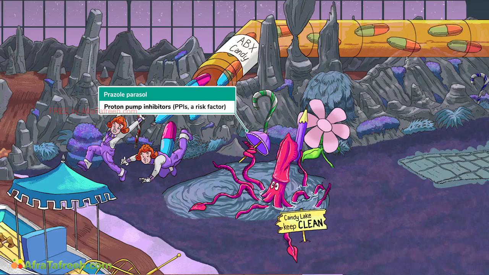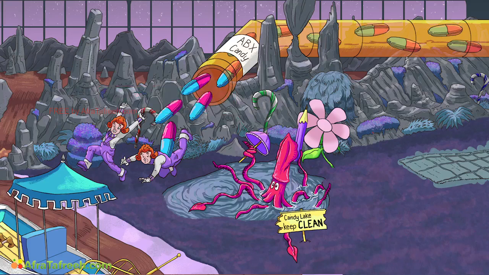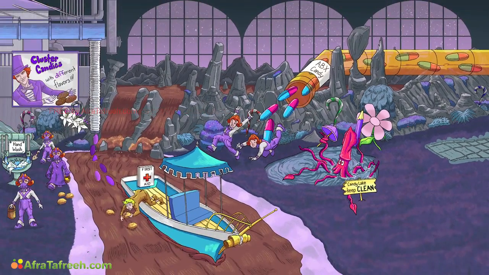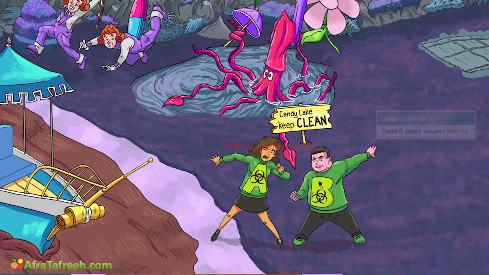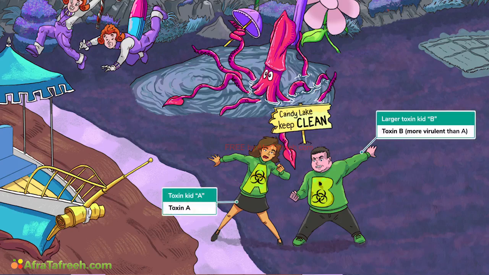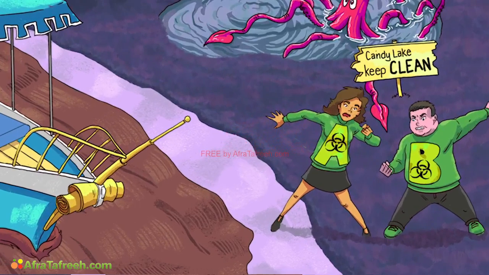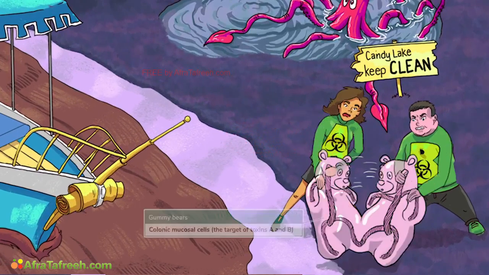Just look out for our recurring prazole parasol. As we've mentioned, only toxin-forming strains of C. diff cause infection. There are two toxins to know about, A and B, or in this case, Althea and Bartholomew. And before we dive into the nitty gritty of these toxins, let me emphasize that all of this is happening in the colon. Specifically, toxins A and B act on colonic mucosal cells, represented here by these cell-like gummy